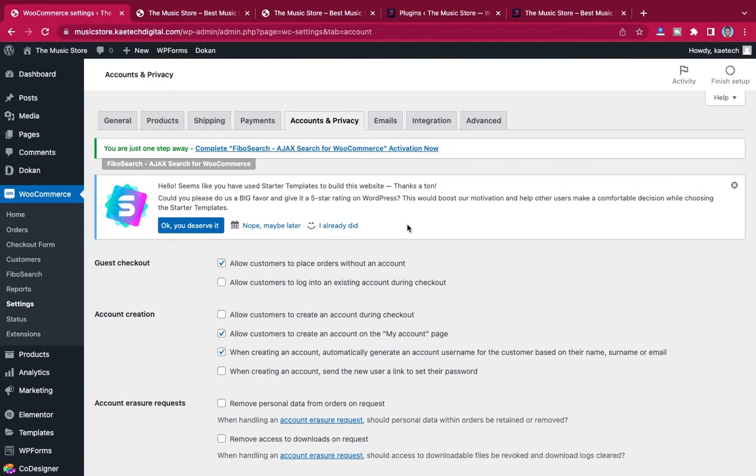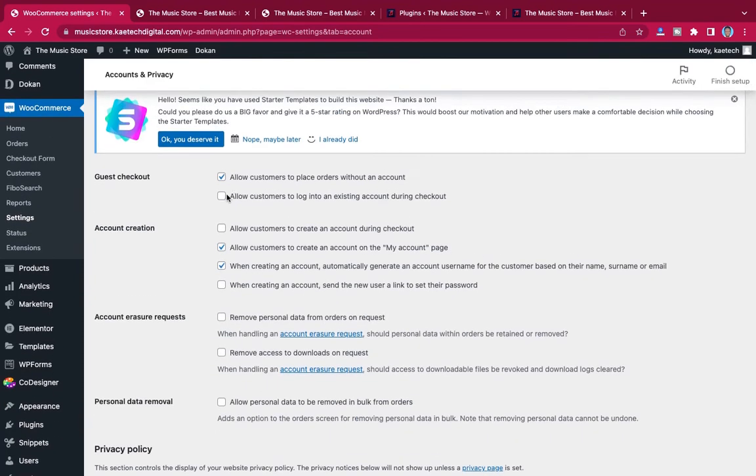Yeah, so this is one of the most important things. Now we want to allow customers to log in to an existing account during checkout, and then also allow account creation. Okay, allow customers to create an account during checkout. It is also correct. Then when creating an account,